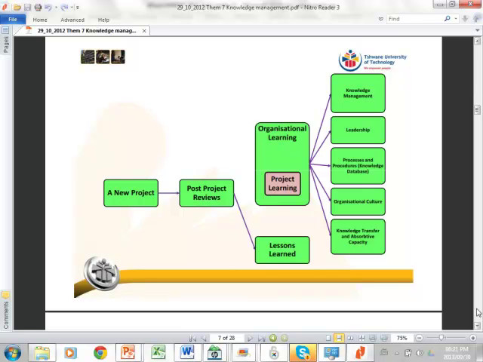Okay, and then the last thing is knowledge transfer and absorptive capacity. Now, absorptive capacity is to what extent can we accept this knowledge that is coming in. I was reading a newspaper article this morning about the Minister of Trade and Industry saying that she's very concerned about the fact that overseas companies apply for scarce skills permits, work permits for people to come and work in South Africa,